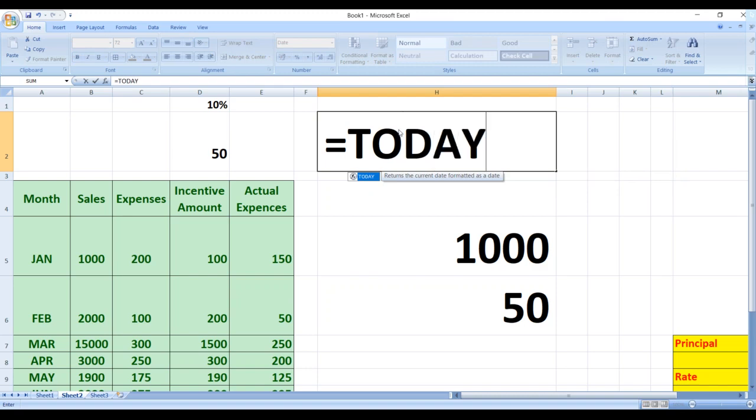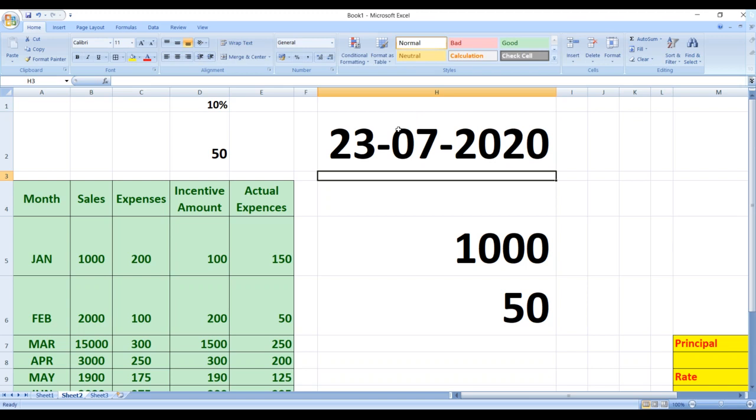I'll open and close the circular bracket and press the enter key. So today's date is 23rd of July 2020. Understood, students? This way you can use the formulas and functions for the same.